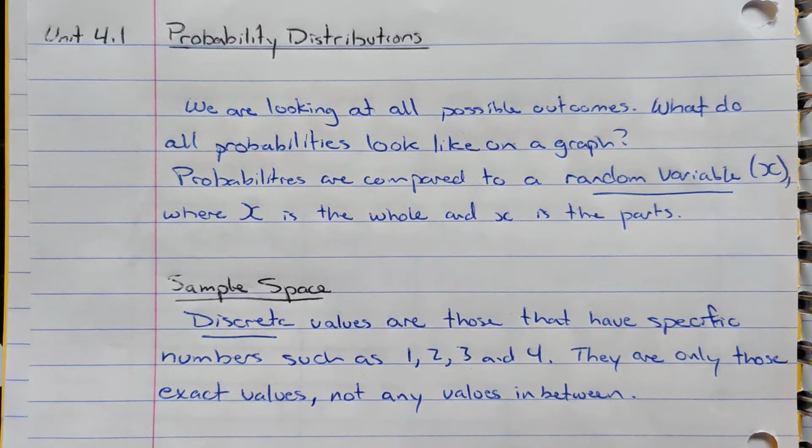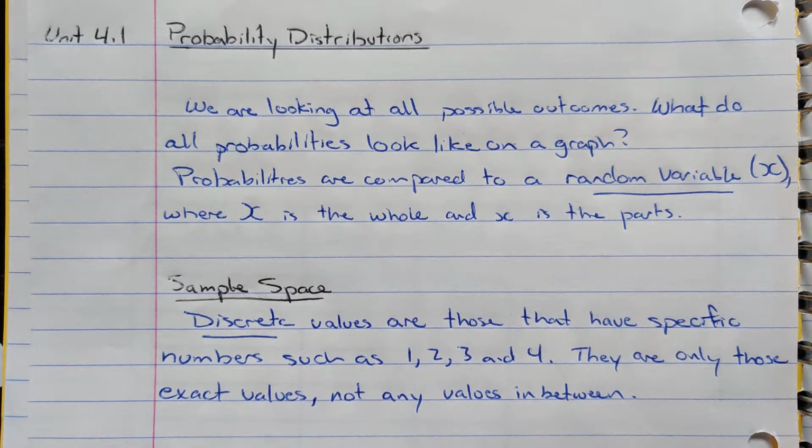In this section, we're going to take a look at probability distributions. When we're talking about probability distributions, instead of just the probability of getting one tail when you flip a coin 3 times, we're looking at how many times we get no tails, 1 tail, 2 tails, and 3 tails, and looking at them as separate situations. So we look at all those different probabilities, often in a table or